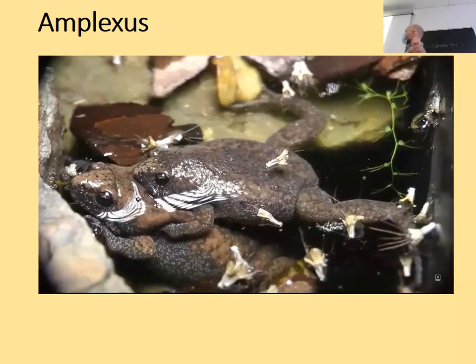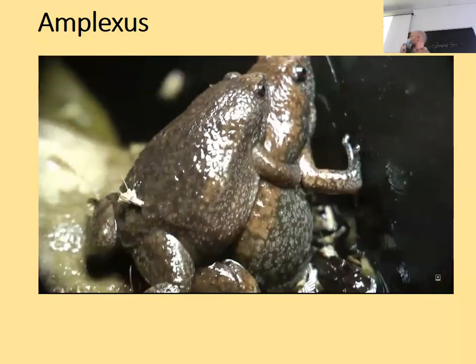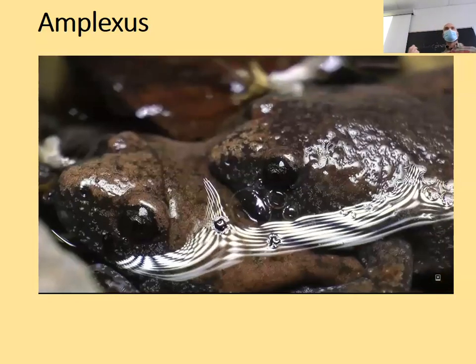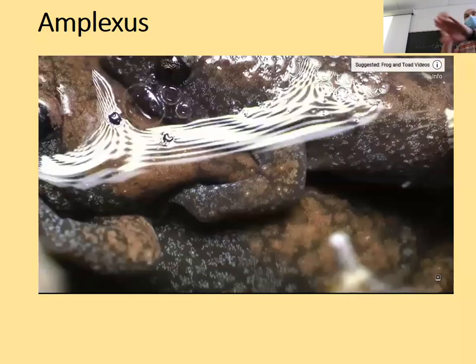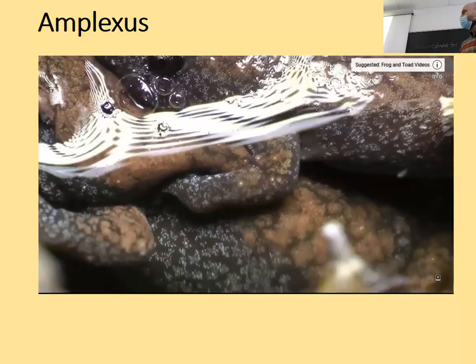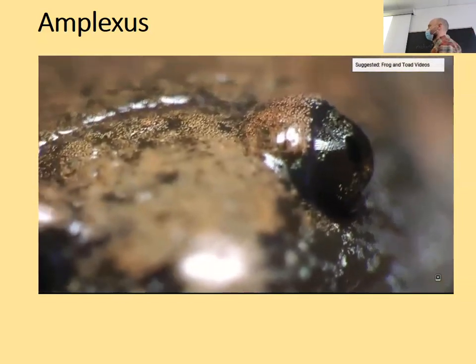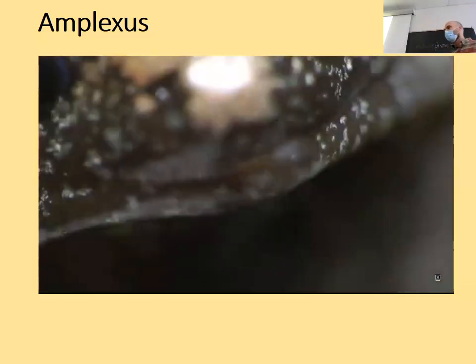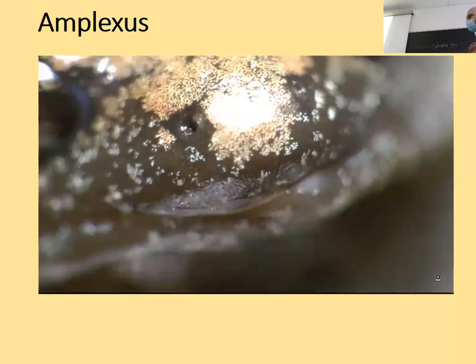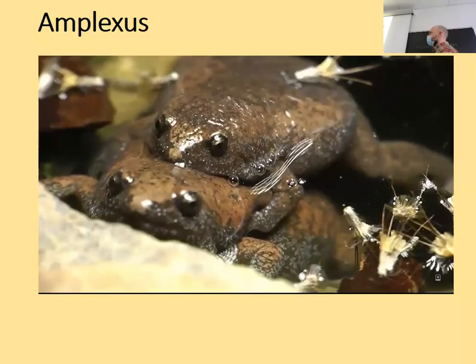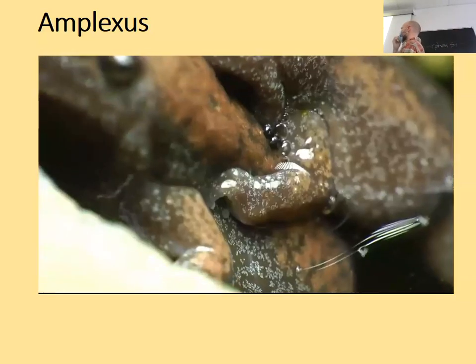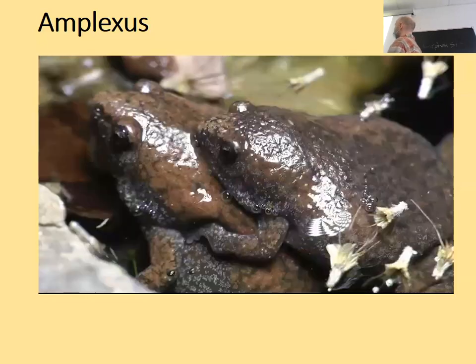Oftentimes too, the females can exude a kind of glue-like substance from their skin that helps the male stay where they need to. But then when the male and the female are done, the glue stays sticky, and the females will end up dragging the males around for a while. So it's this really interesting reproductive act that we don't see in a lot of other organisms outside of anurans.